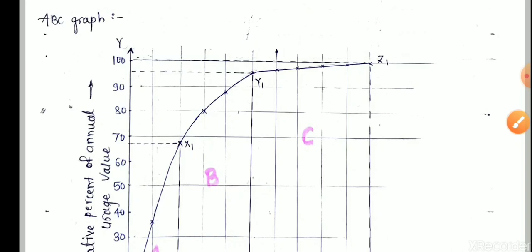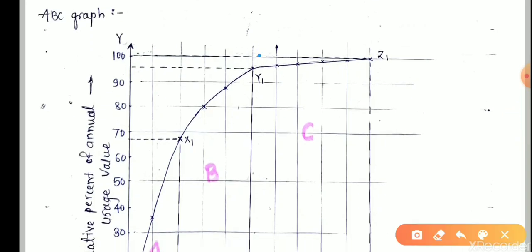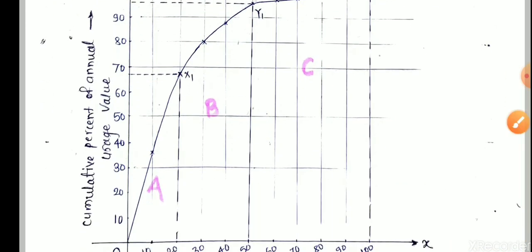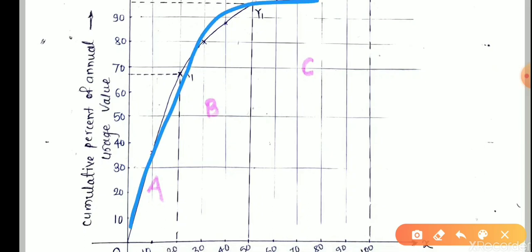Okay, this is 96 and this is 50, as we saw in the above table. All coordinates we have to draw on the graph properly. Join it by a straight line or by a smooth curve. If you join with a straight line, no problem. If you join with a smooth curve, no problem.